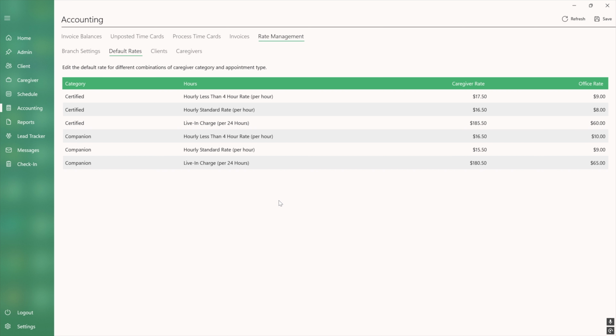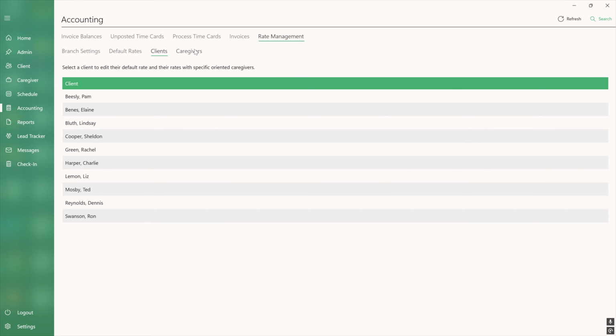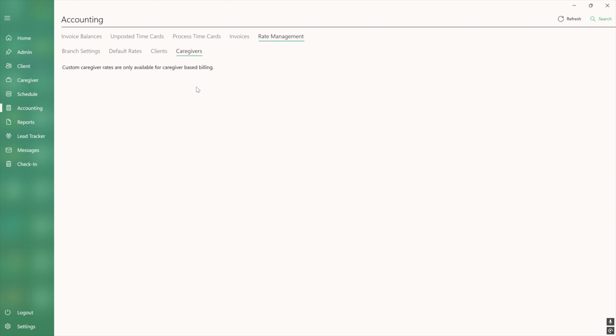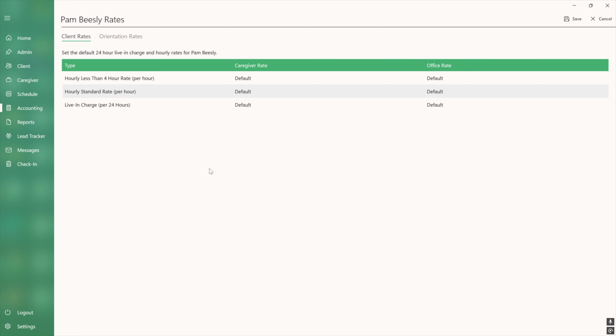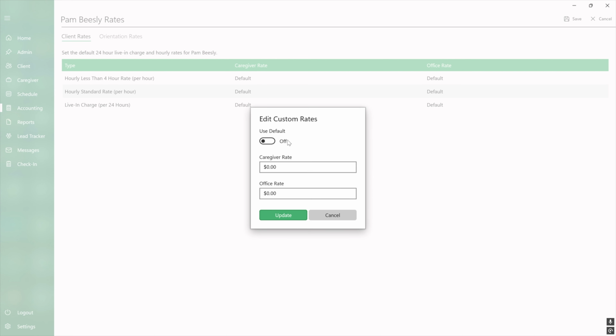Update. Okay, so now I click save. That's going to lock in those changes. Now there's also a clients and caregivers tab right here, and if your rate setting was client-based, you'll see your list of clients here. The caregivers tab would be available if you were caregiver-based. Since we're on client-based, we'll start over here, and what this lets you do is you can set specific pricing for a given client. So right now, all of those rates are just going to be the defaults that are determined by the caregiver category. But if I wanted to override one, I could just click on it, turn off the default, enter whatever I like,